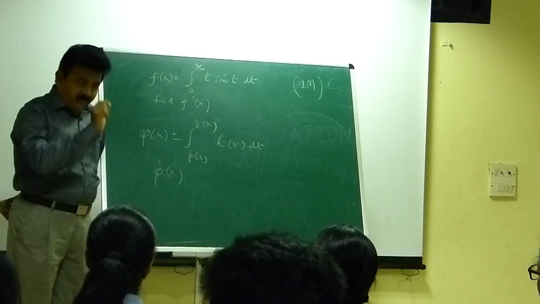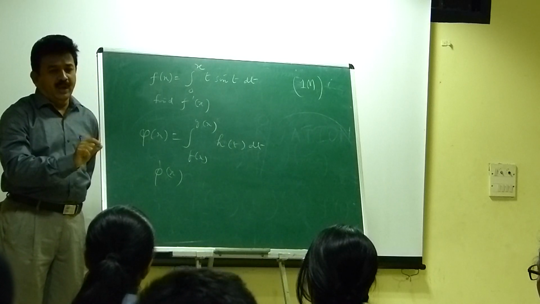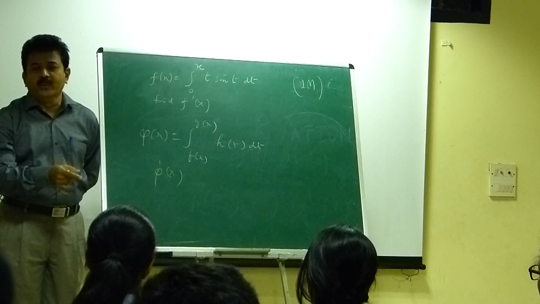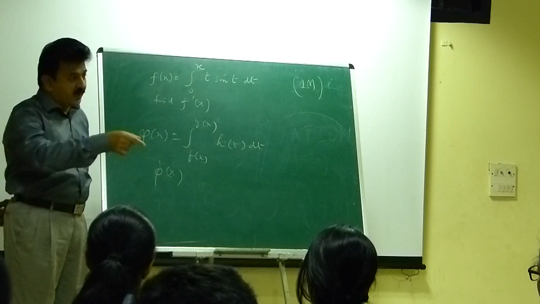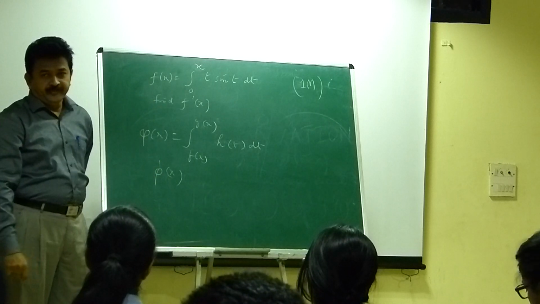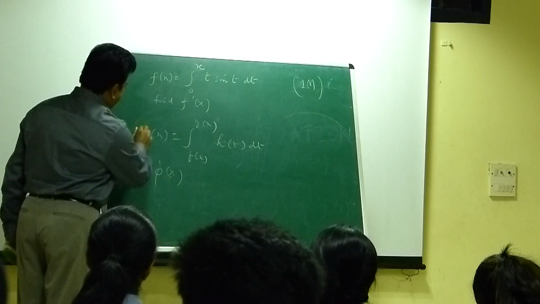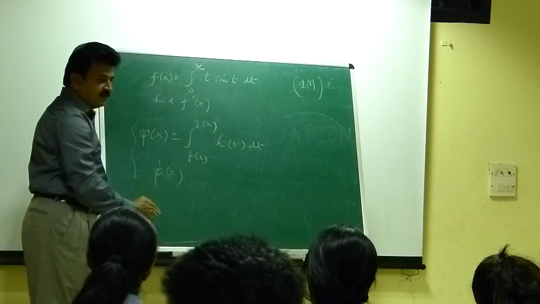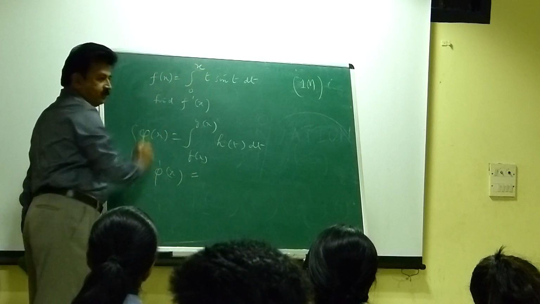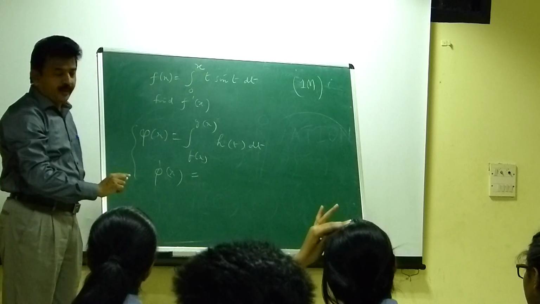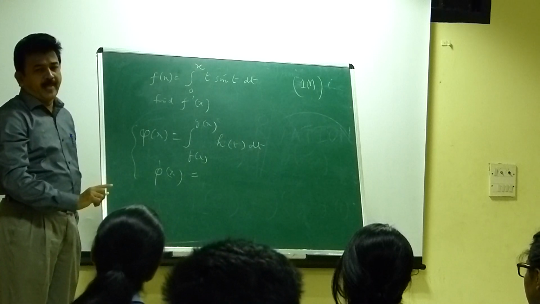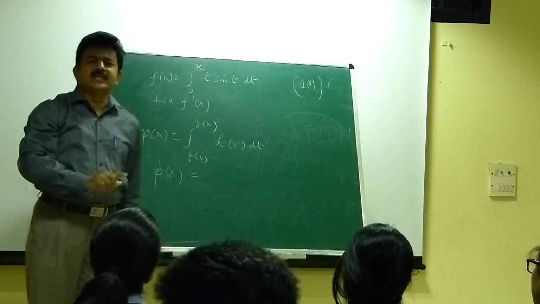So CBSE will not find fault if you apply the JEE idea or any competition idea that you gathered from your learning session or competition classes, like differentiation under integration. So how do I differentiate? I put it as a problem. Phi of x is here, phi dash of x. That means you don't need to integrate, you don't need to apply the limit, but you get that derivative instantly.